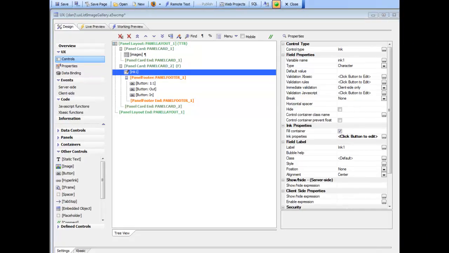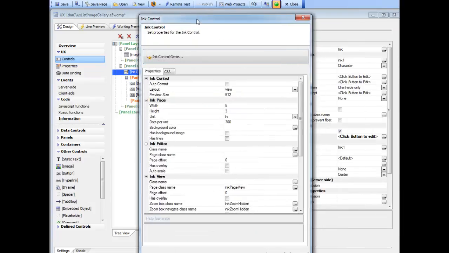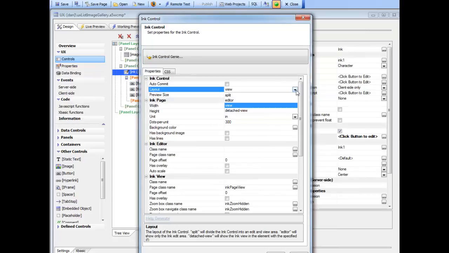So continuing now with how our image gallery was constructed, we're looking now at the properties of this ink control. So we'll go over here to the ink properties, and the first thing to notice is that we've set the layout to be the view part of the ink control. If you've used the ink control previously, you know that the ink control is normally divided into two distinct parts. The view part, which basically shows the full ink palette, and then the editor where you actually start drawing